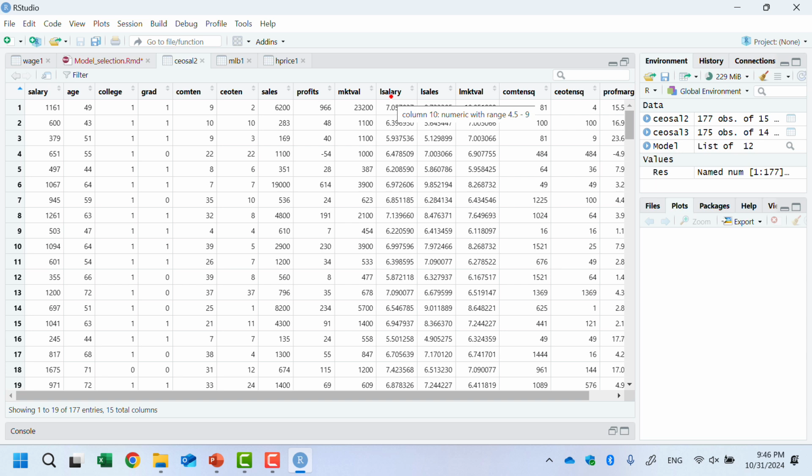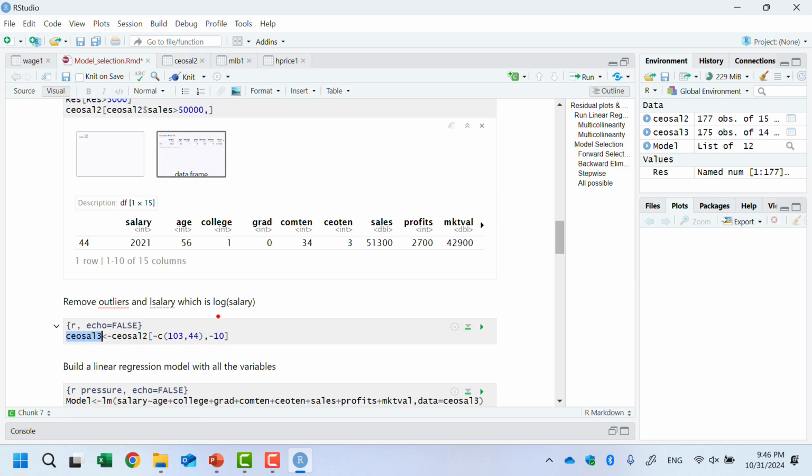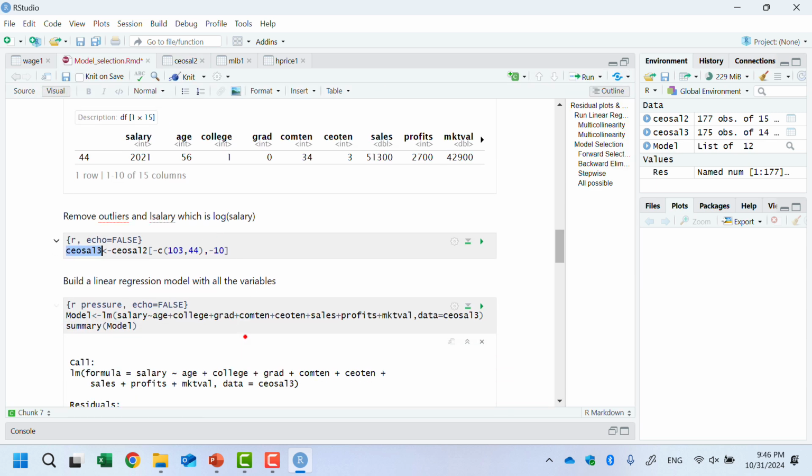But salary is our Y value, so I cannot use log salary as our independent variable X. So I'm taking out this log salary. That's why this is minus 10. So I created a new data set, CEO salary 3, right?